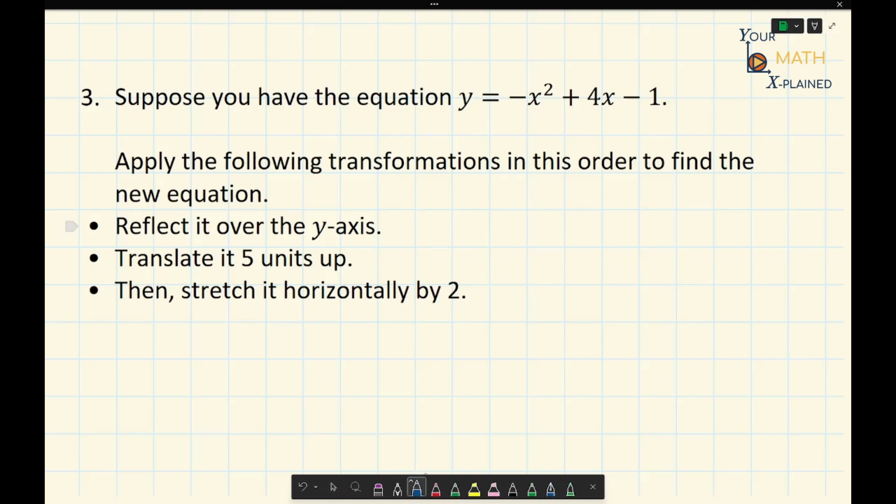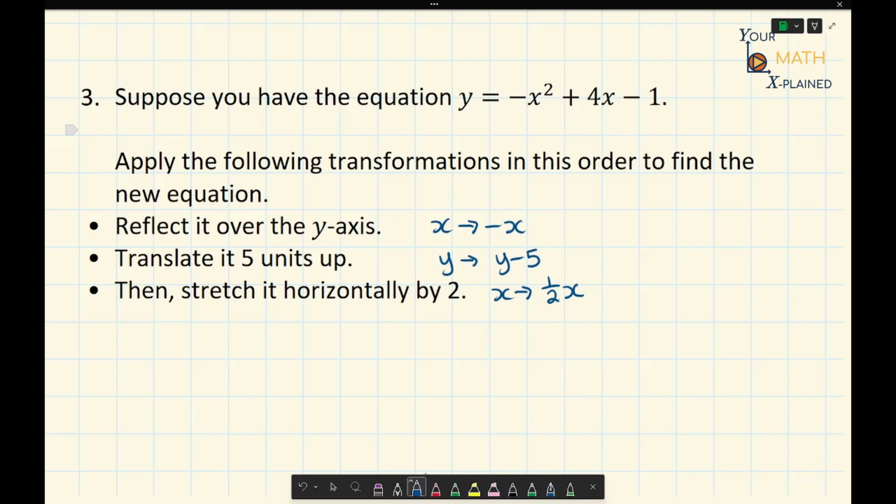So let's get started. For reflecting it over the y-axis, that is going to be replacing x with negative x. Translating the graph 5 units up is going to be replacing the y with y minus 5. And then stretching it horizontally by a factor of 2 means we're replacing the x with 1/2 x. Okay, so these are the 3 transformations that we're going to perform,